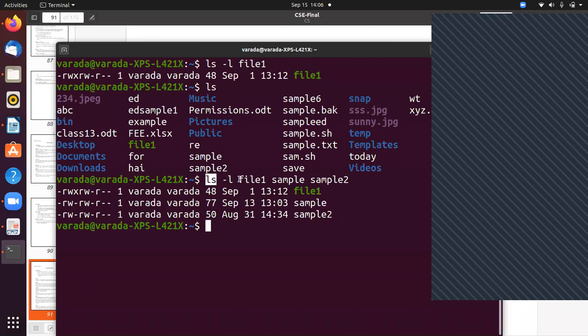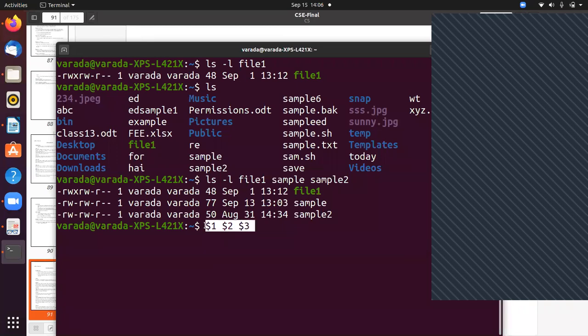Now how does the Unix operating system identify the first argument? By using $1. So $1 means the first argument, $2 means the second argument, $3 means the third argument. We can discuss this in detail in our future classes.